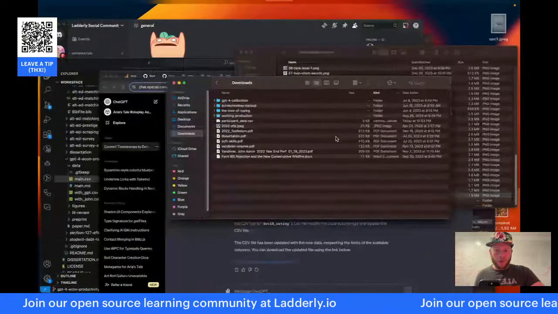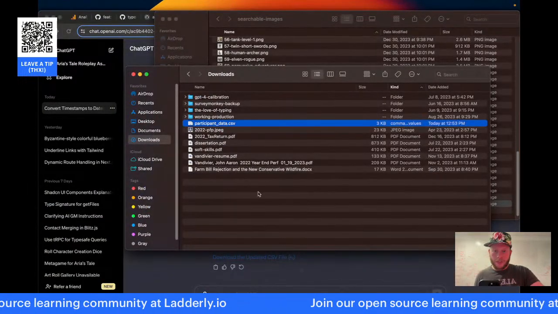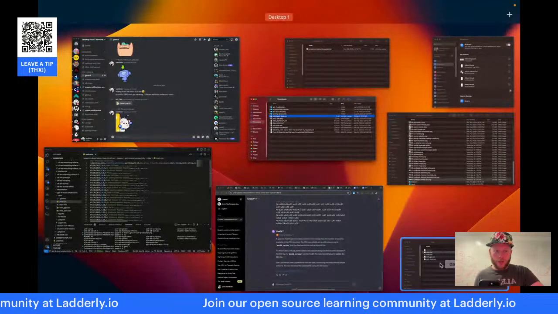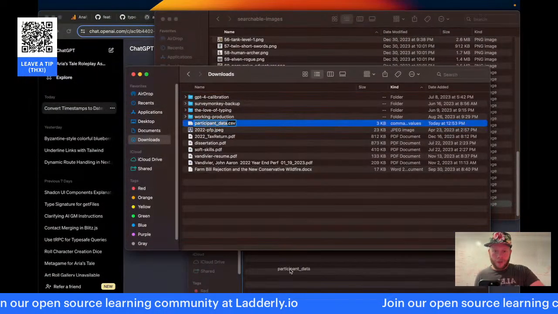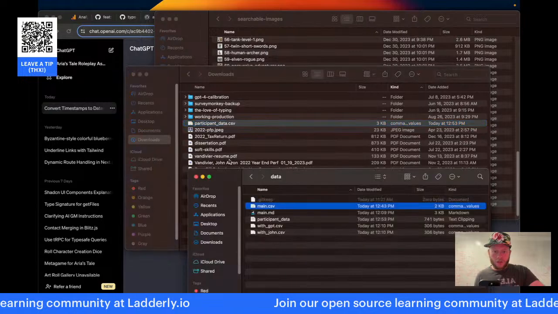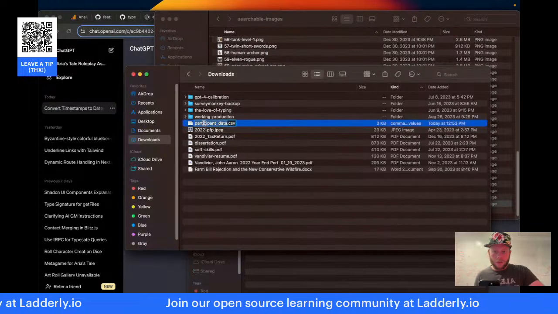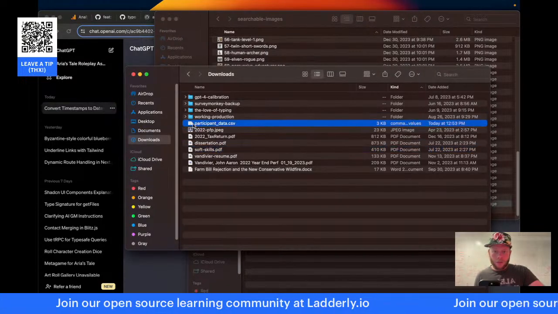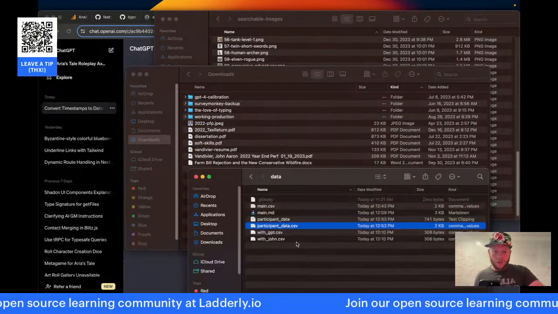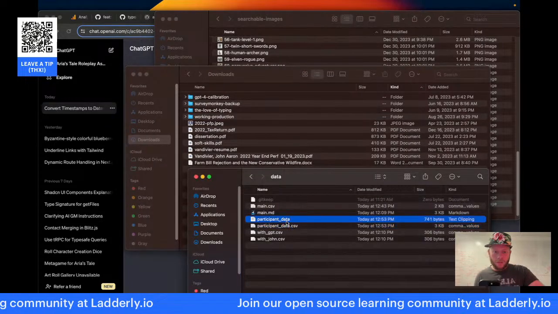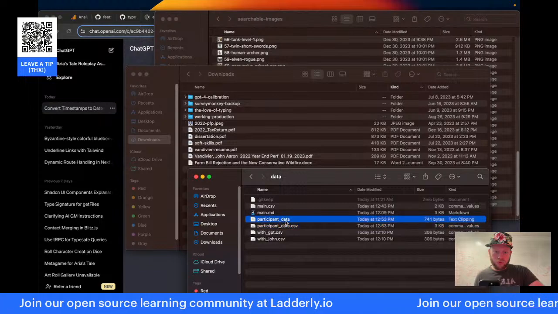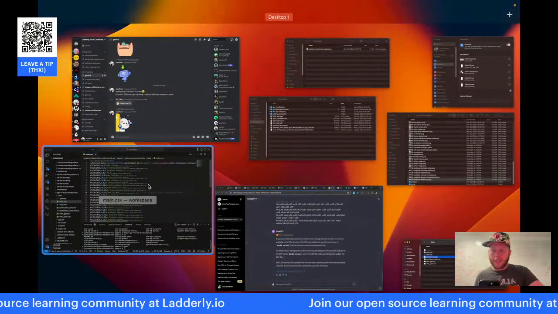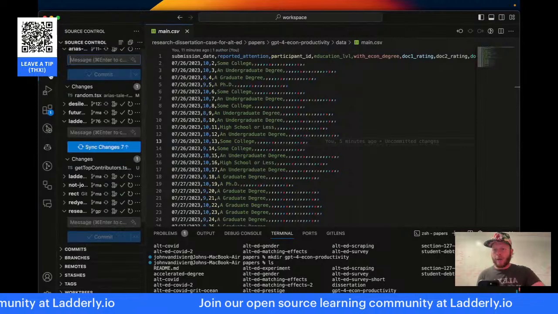So from my downloads folder, here's the participant data, and I want to drag it into my data folder. Looks weird to me, but okay.